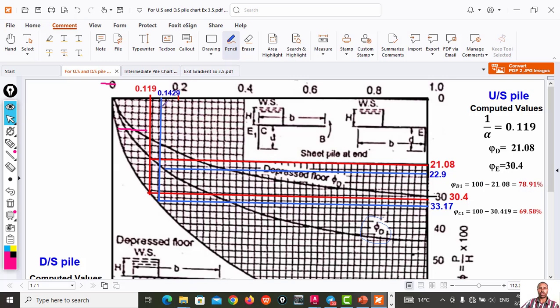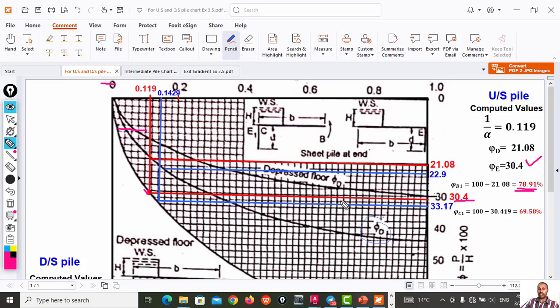So according to Khosla's chart, you just go down. But you should be careful on the division of this. From 0 up to 0.2, you have 10 divisions, so it will be 0.01. So you go 119 around here. So you read this part, you go to this point. Once you touch this point, you go horizontal, then you have to calculate 30.4. This is 30.4 for this one, 1 over alpha. Then phi D1 will be 78.91. Clear? Then again